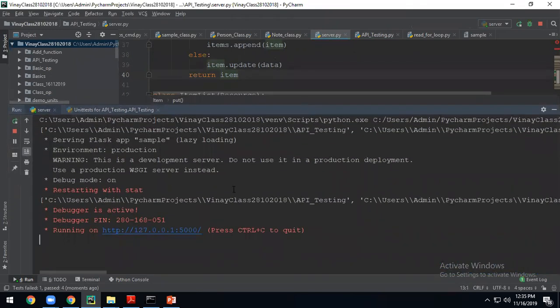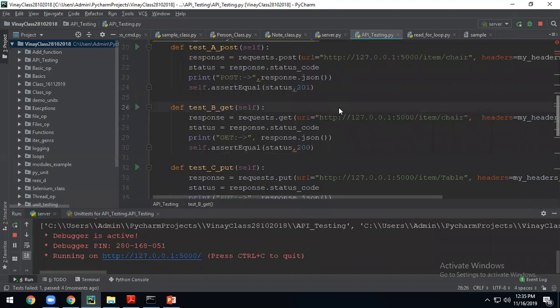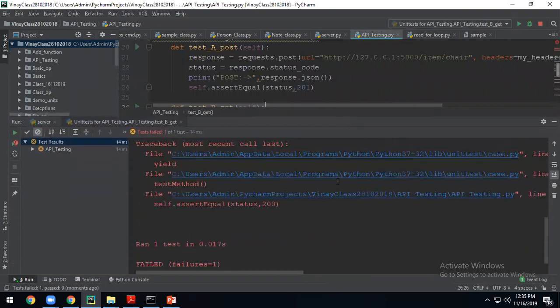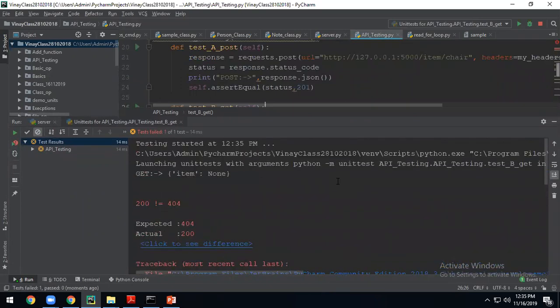That means now no entries are available. Now I'll come here and rerun this program. Now also it says something. 404 for one of the things it is saying 404.